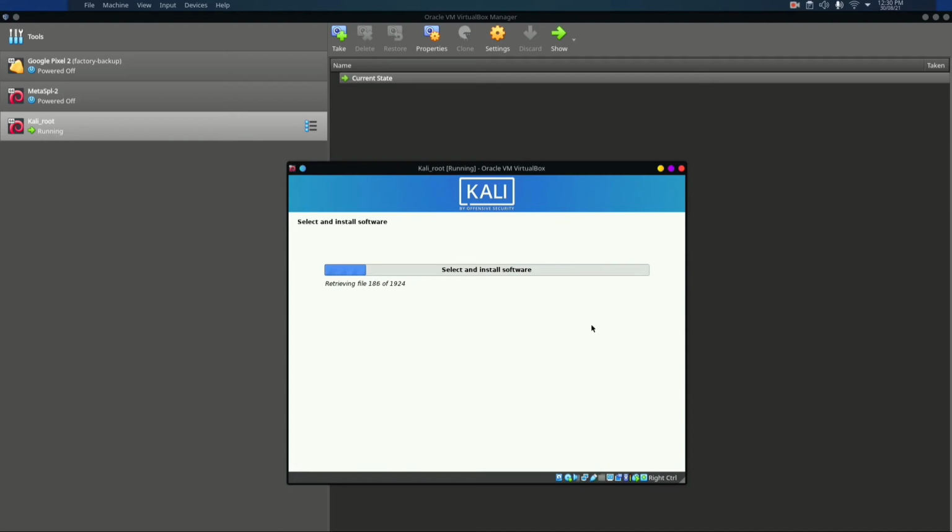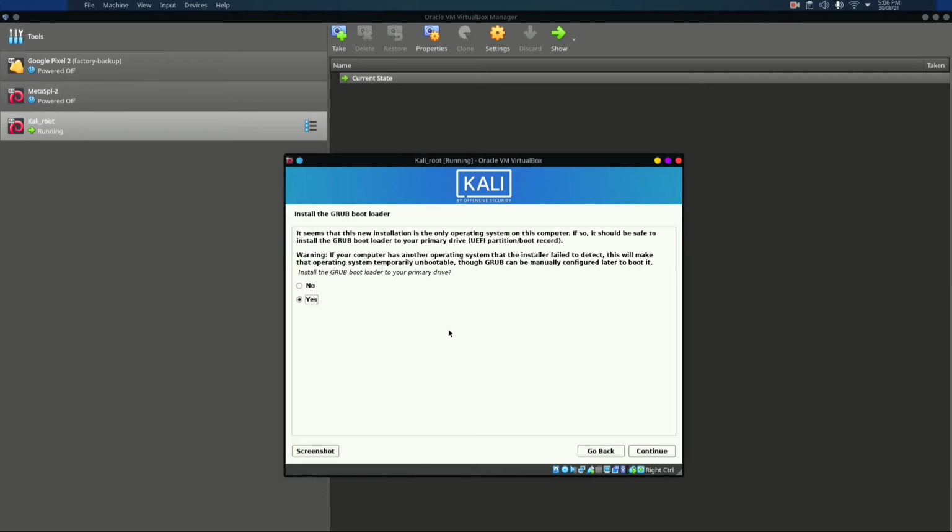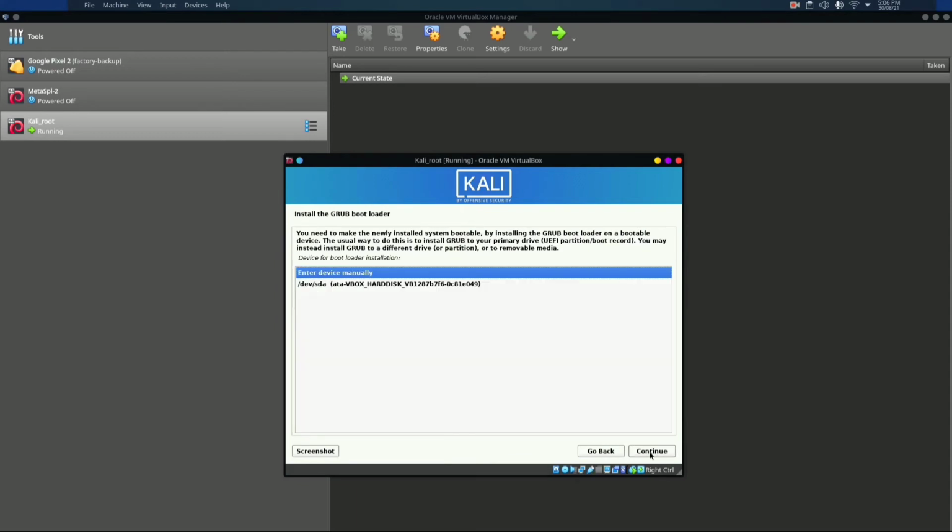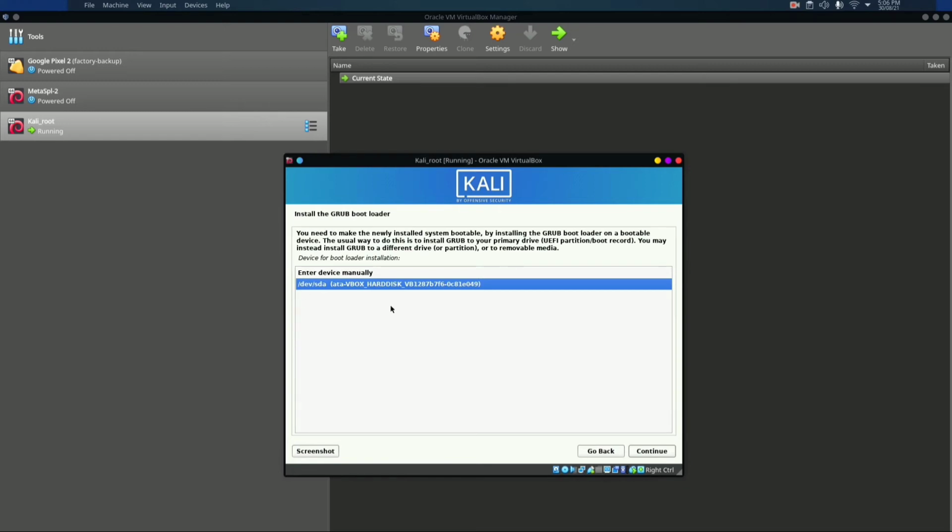After that, it will install all the packages which are necessary for Kali to be up and running. Once the system has been installed, you will be asked to install the GRUB bootloader. Just click on yes and click on continue. Select the device where the GRUB boot loader should be installed and click on continue.